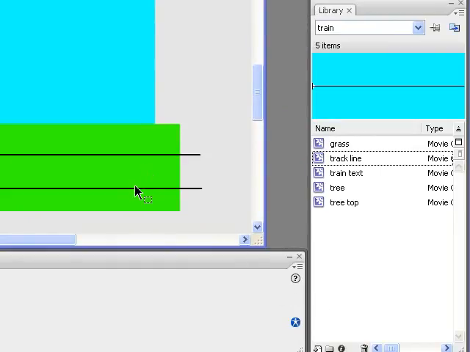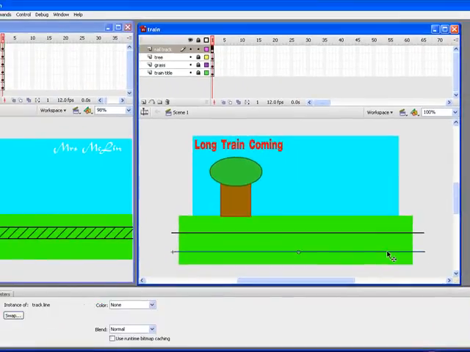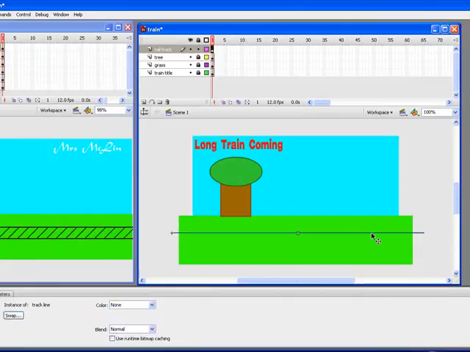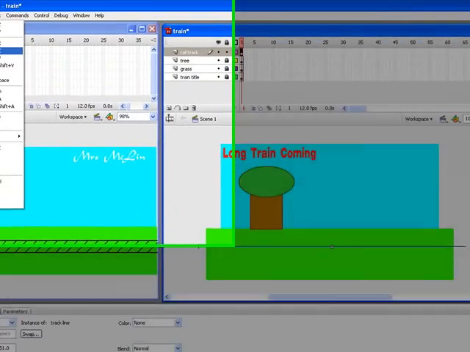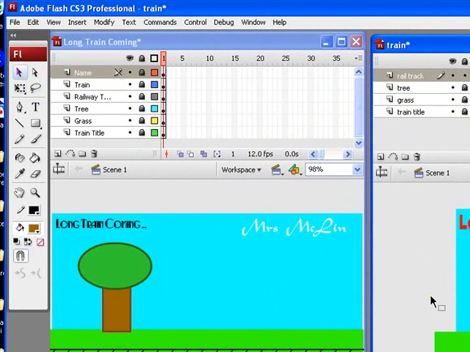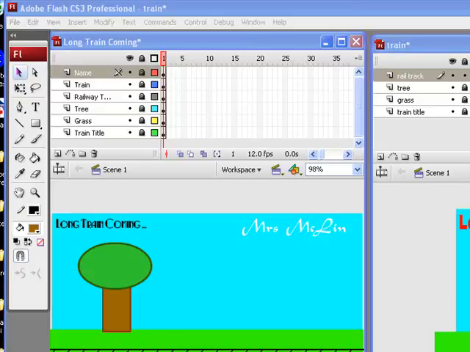Which one did I have? This was the new one, wasn't it? Another way you could do is click on this one, go up to Edit, Copy, and then Edit, Paste in Place. It looks like there's only one, but if I use the downward arrow, it's in exactly the same place as the one above it, which is quite handy. So far so good. And then you can resize and rotate objects using the free transform